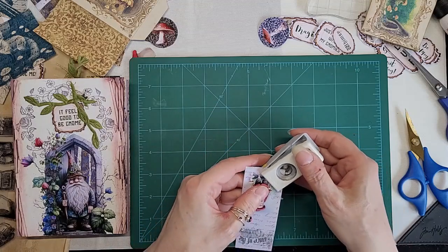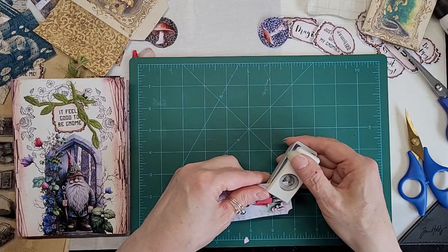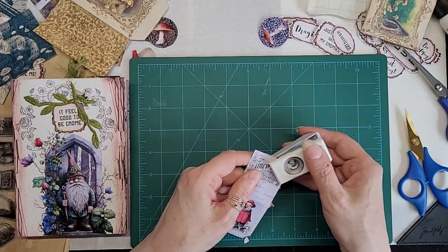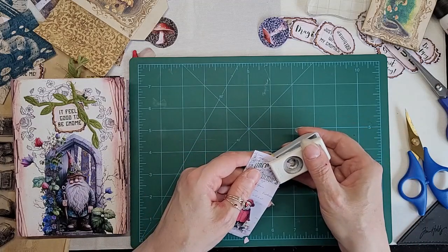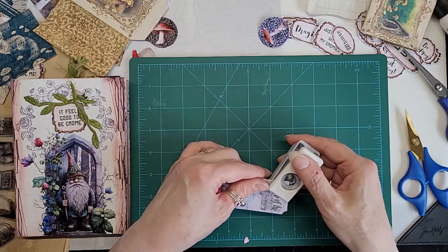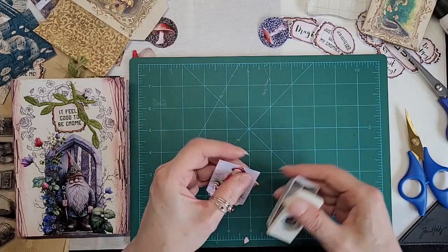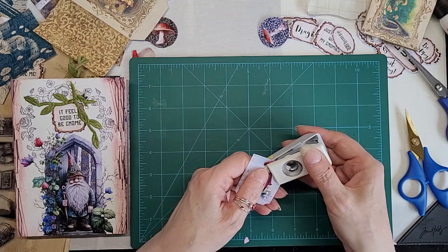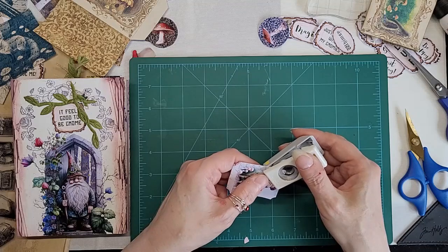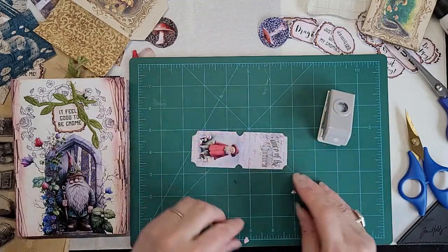1/4 corner out of that, 1/4 corner out of that, 1/4 corner out of that, 1/4 corner out of that. Then I'm going to shut these in half and do a 1/4 corner out of that and a 1/4 corner out of that. And then when I open that up, that'll be